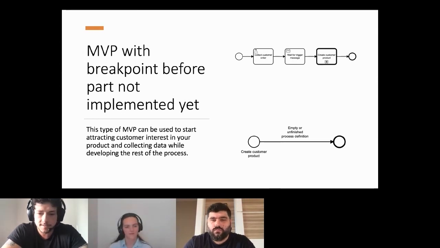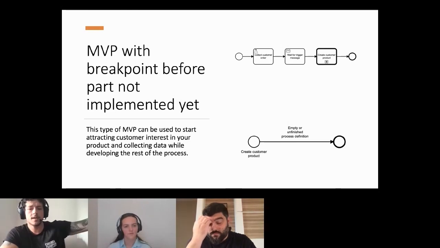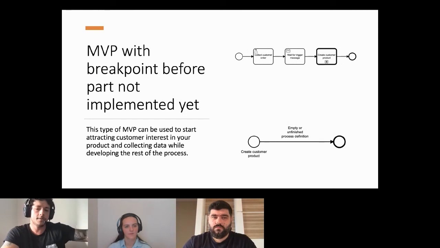And this last type of MVP we are using a lot at Agi is just to test the interest of our customers. As I said before, we have more than 20 years of experience, but we had our focus on one type of customer, and now we have a lot of other types of customers.